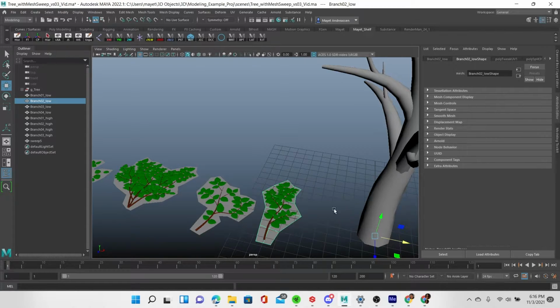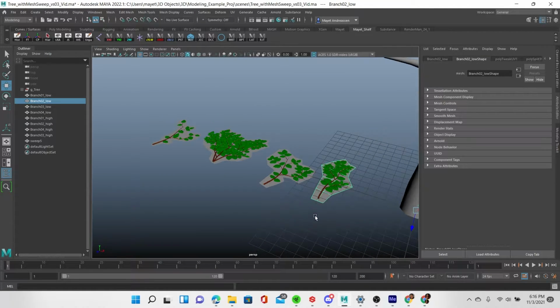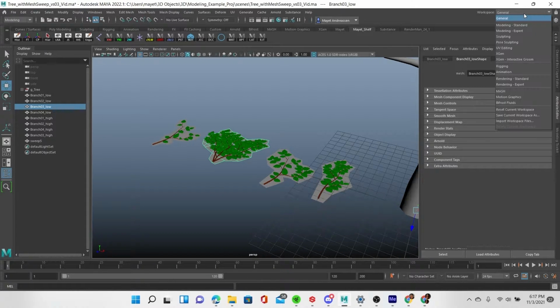And now we are going to take the low poly models here. We're going to duplicate them and put them in our tree. The first thing we really need to do is make it so that these are all one map. Before, I showed you how to do just one of these and it was filling up the whole UV editor, but really we want them clustered on one map. So we are going to go to UV editing,